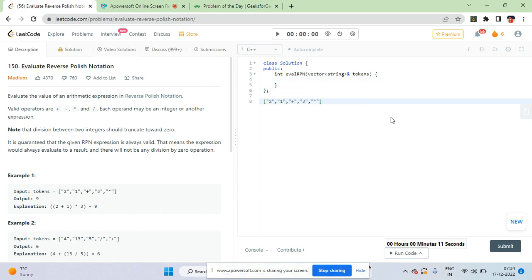What is the other name for this? I think postfix or prefix, something like that. Postfix expression. And then what you do basically, you will go until you see any operator. Whenever you see an operator, you will pop the previous two elements, and obviously you will not add the operator into the